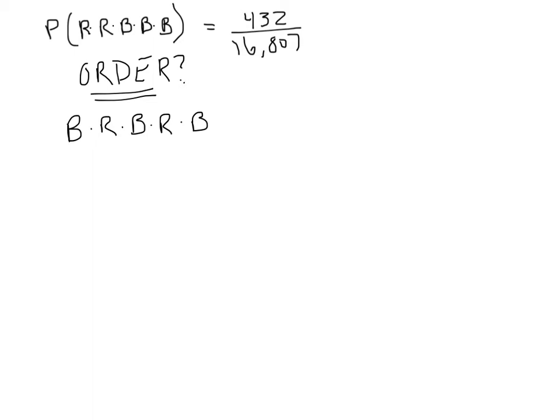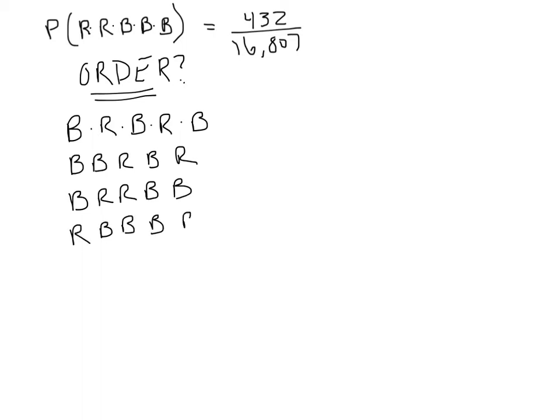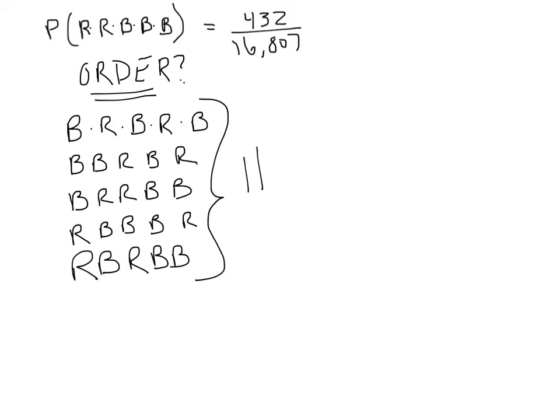Or what if I get a blue, and then a blue, then a red, then a blue, then a red? Or maybe I'm going to get a blue, then a red, then a red, then a blue, then a blue. Or I could do red, then blue, then blue, then blue, then red. Or possibly red, then blue, then red, blue, blue. I could do this until I figure out every single way